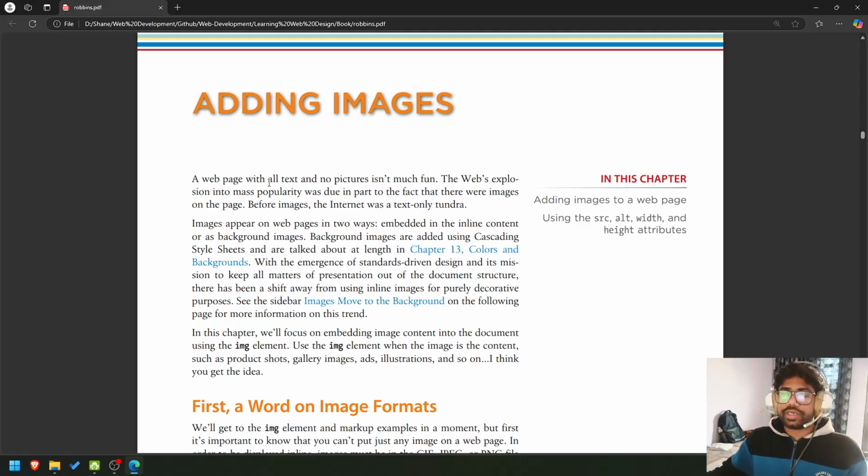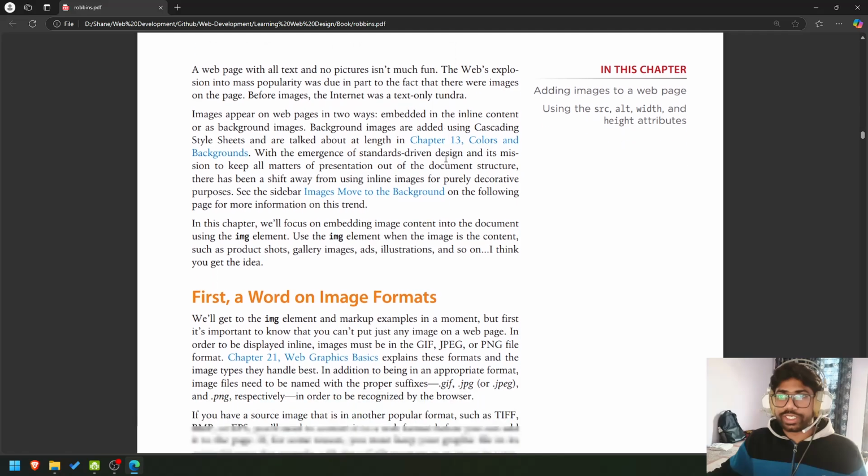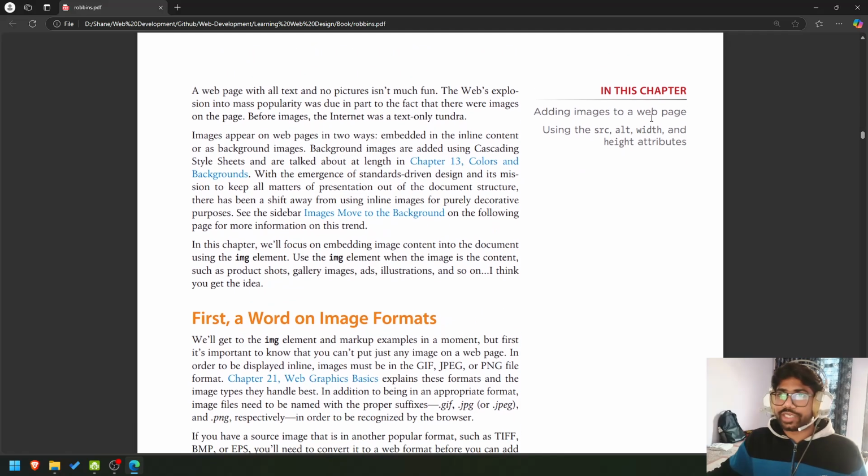A web page with all text and no pictures isn't fun. The web's explosion into mass popularity was due in part to the fact that there were images on the page. Before images, the internet was a text-only tundra. Adding images to a web page using source, alt, width, and height attributes. Images appear on web pages in two ways: embedded in the inline content,